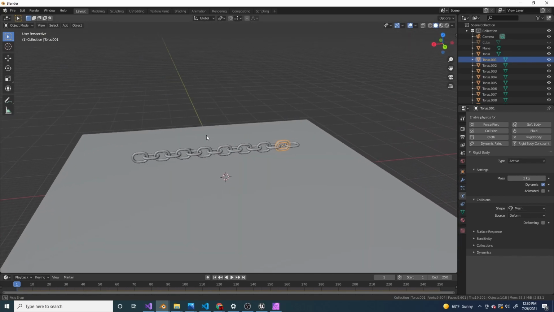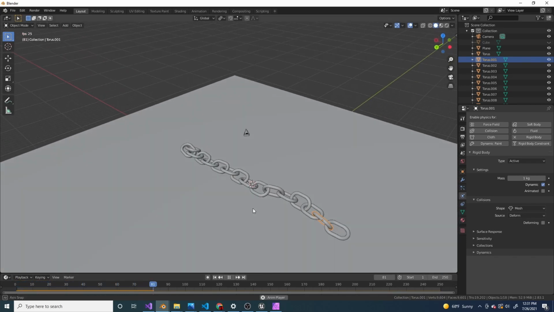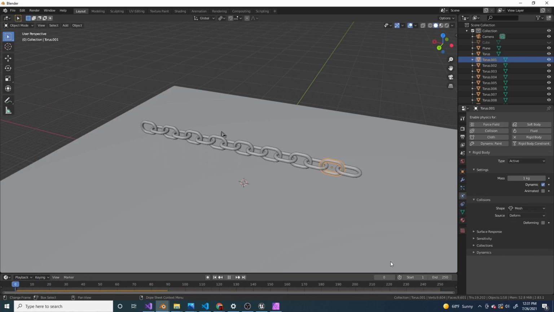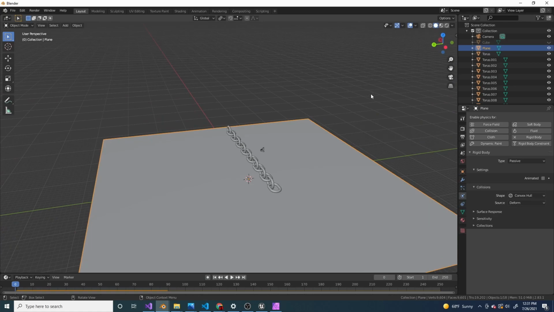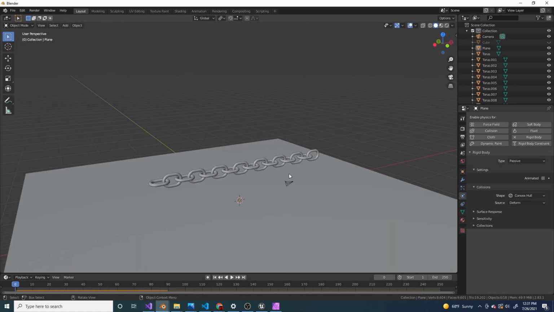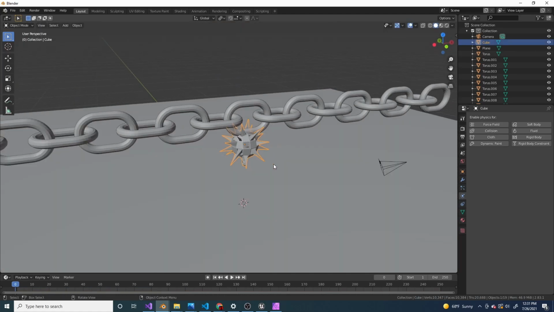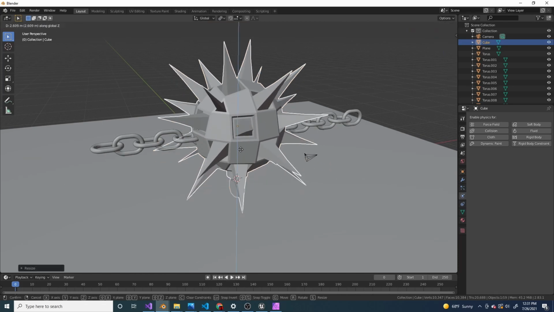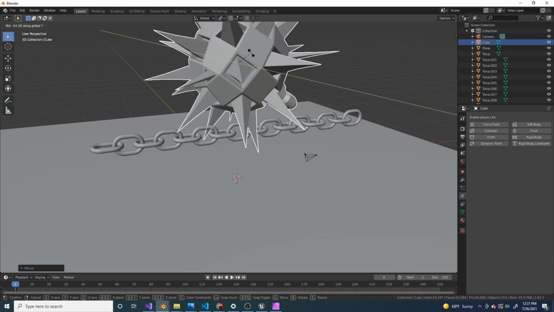Okay, now if I press space to play this, they'll fall to the ground and they'll collide with the plane. Great. So now what I want to do is press Alt H to unhide this spiky thing. And I'm gonna scale it up, move it up,